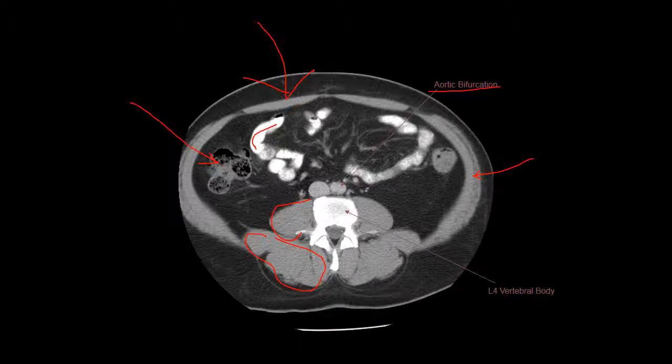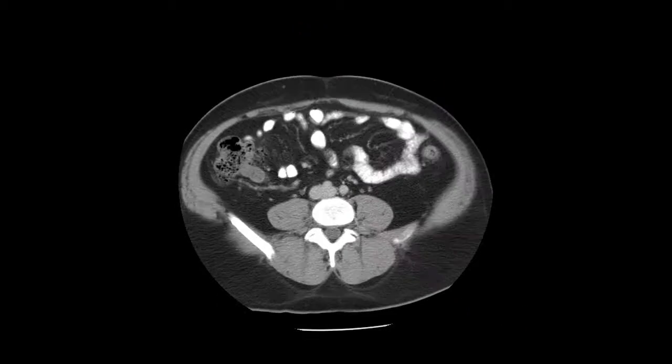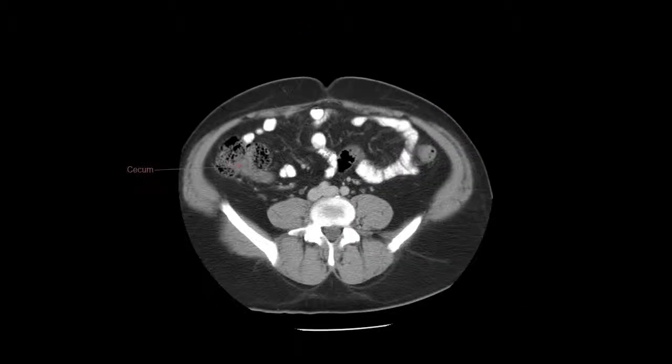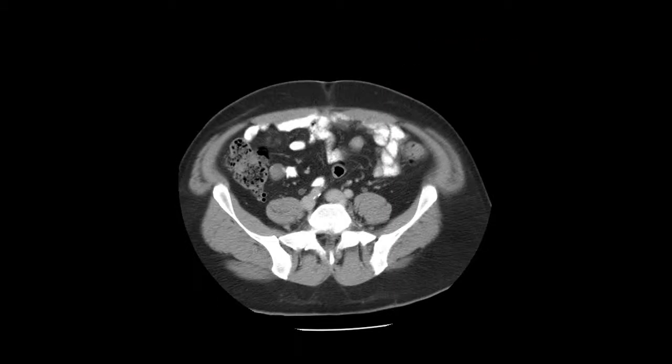So there's the aortic bifurcation, but let's watch as we go. You see what happens. Now we have linea alba noted again. You got your median sacral artery, which is not that important to look at on here. And your common iliac artery. All right, there's your cecum, and off of that would be your appendix, which is probably this sitting right here, tubular structure coming off of that. You got inferior epigastric artery,